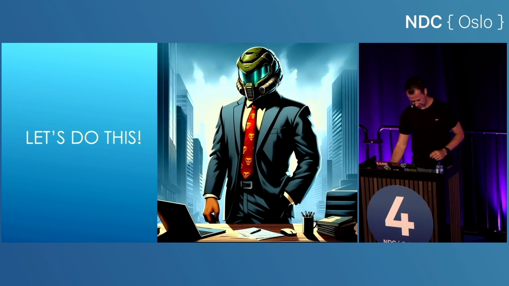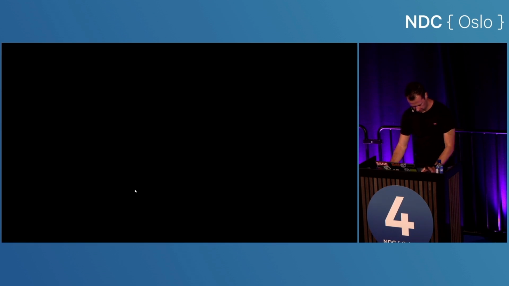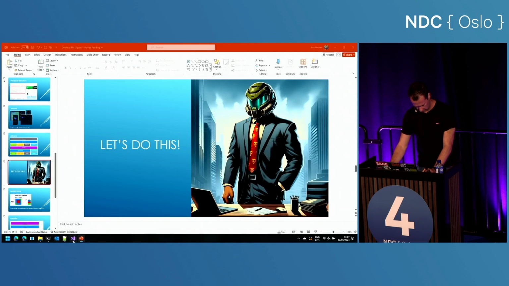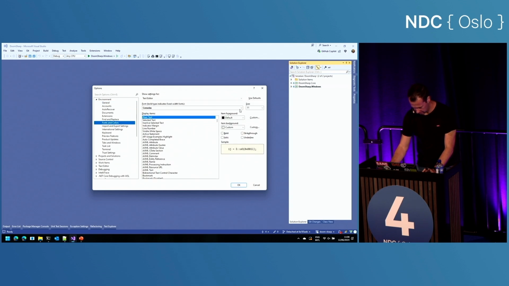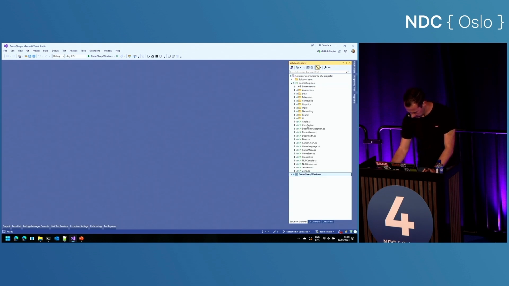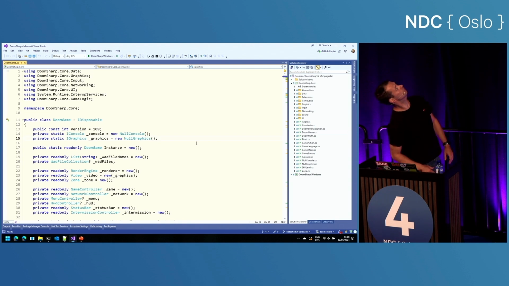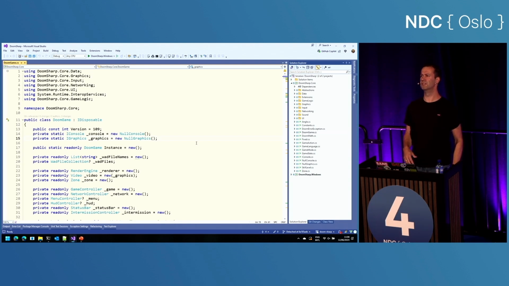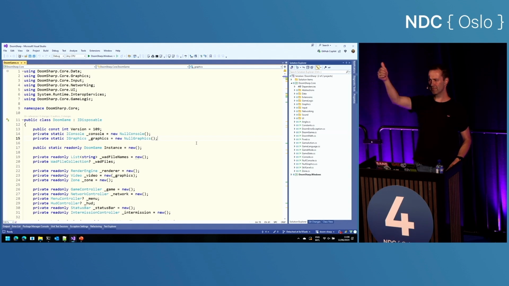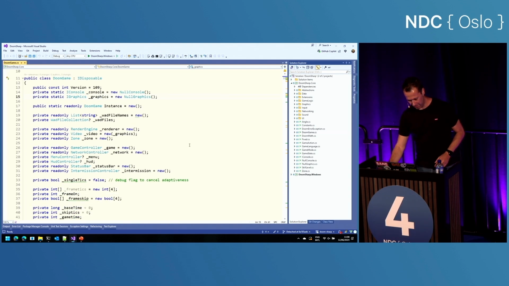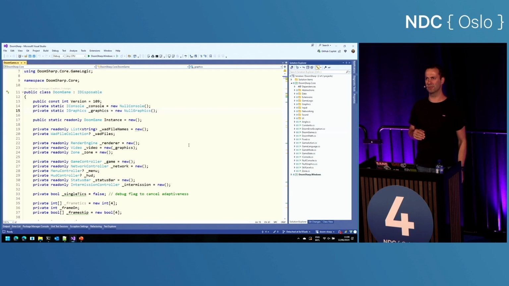So with that, let's jump to Visual Studio. And I just realized I forgot to increase my font size. Sorry for that. All right, let's see. Is that big enough? It's okay? I can't even see you, so I saw a thumbs up here somewhere. If it gets too small, just shout. I'll increase the font size.